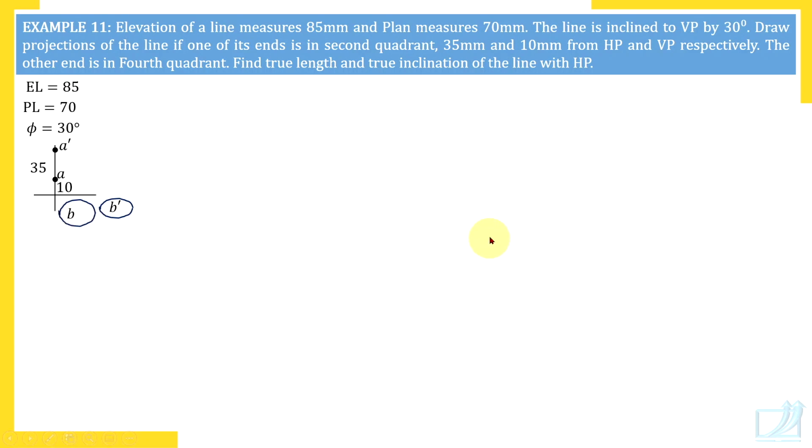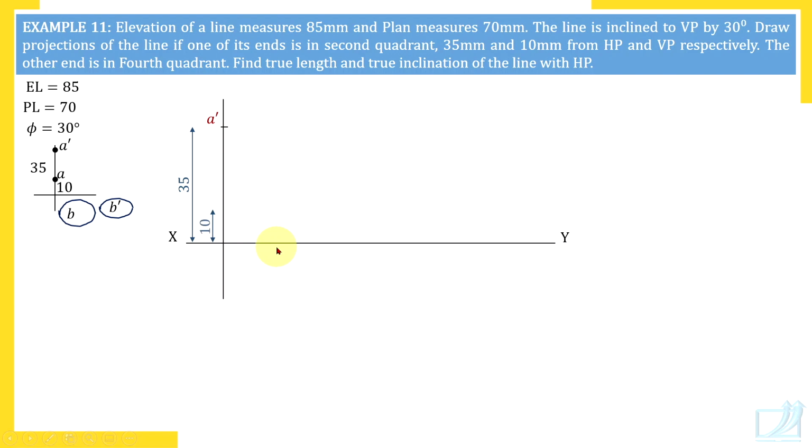So now we'll proceed. Draw XY line. Label XY line immediately. Draw projector of the reference point. Mark the reference point: 35 millimeters and 10 millimeters for front view and top view of point A respectively. And through the labeled points, draw horizontal lines. Which other point is on this line? B2 dash. Which other point is on this line? B1. Now out of 3 front views through A dash: A dash B dash, A dash B1 dash and A dash B2 dash,